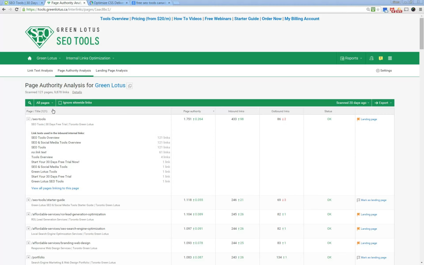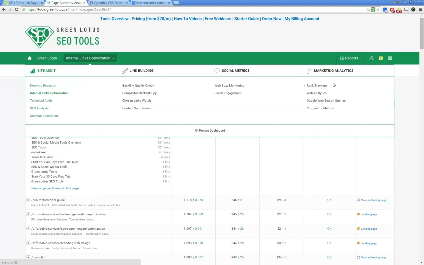The last thing we're going to talk about here today is measuring the impact of all the stuff that we're doing and how to evaluate if our work has been rewarded or not. As you can see, Green Lotus Tools is split into 4 groups of tools. The first one, all the stuff that you need to do on your website, is all the tasks that you need to do to build links. Here are the social media metrics, and here are all the ranking reports and competitive and spying reports that you will